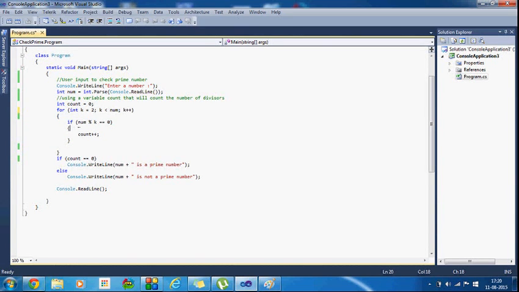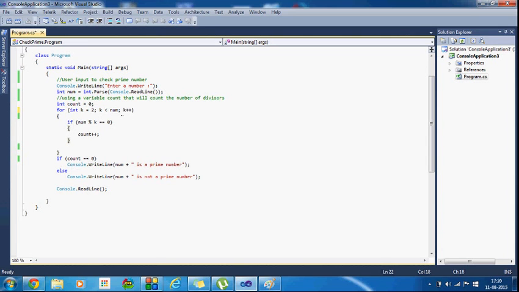This condition will be checked. So 15 modulo 2 equal to 0? It's not equal to 0. So this will be skipped. Then the k value will increase and k equal to 3.